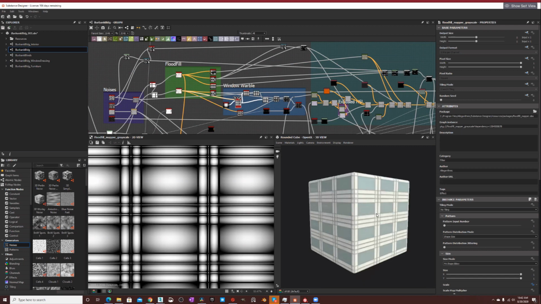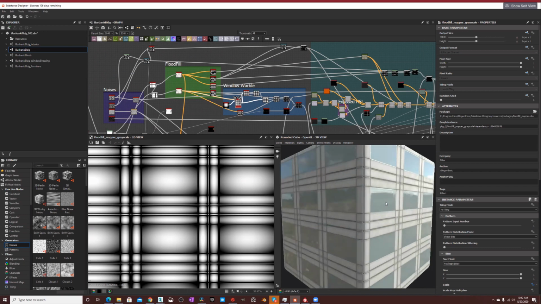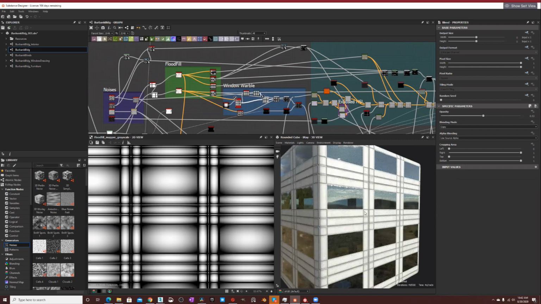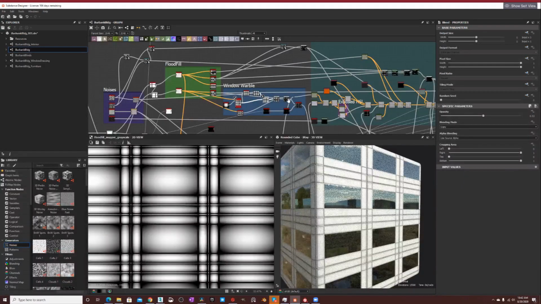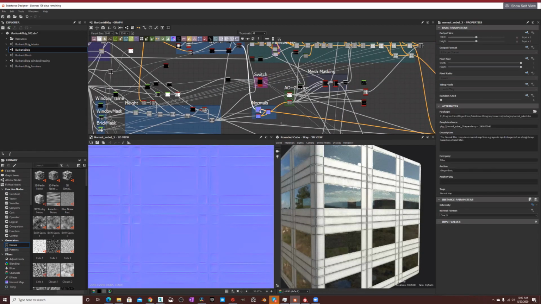And again, I tried as best as I could to curate the material, so I tested it to get the right breakup, and added a little bit of noise into it as well. Then that just gets turned into a normal map. I didn't want to put this in the height map, so it just gets converted into a normal map, and then it is